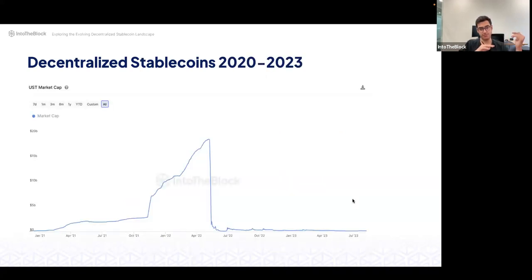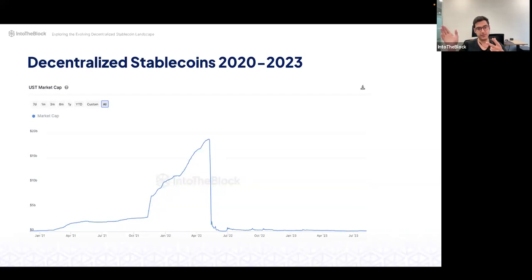And from 2020 to 2023, probably the most representative chart for decentralized stablecoins is the market cap of USD. So all together, the decentralized stablecoin space got to about 40 billion or so. And we saw Terra USD be the main player towards the end of the bull market and catastrophically collapse, losing most of the market cap that it had built. Then DAI and Frax also lost a lot of their market cap,